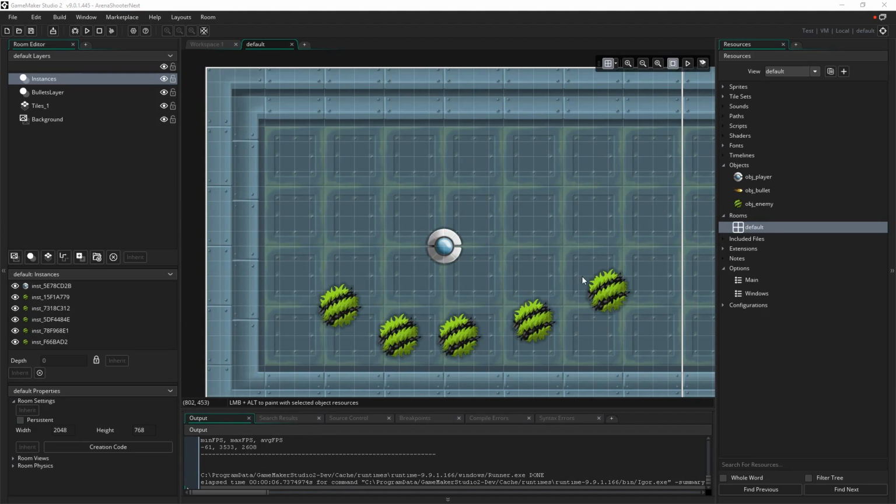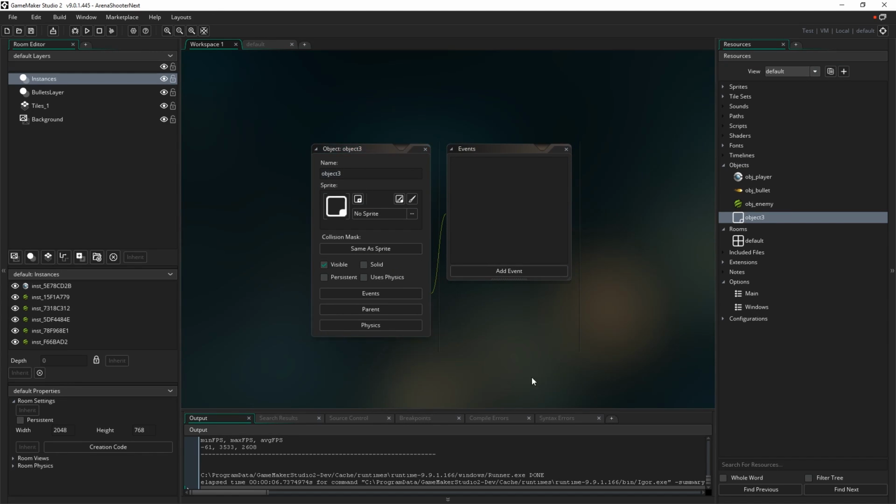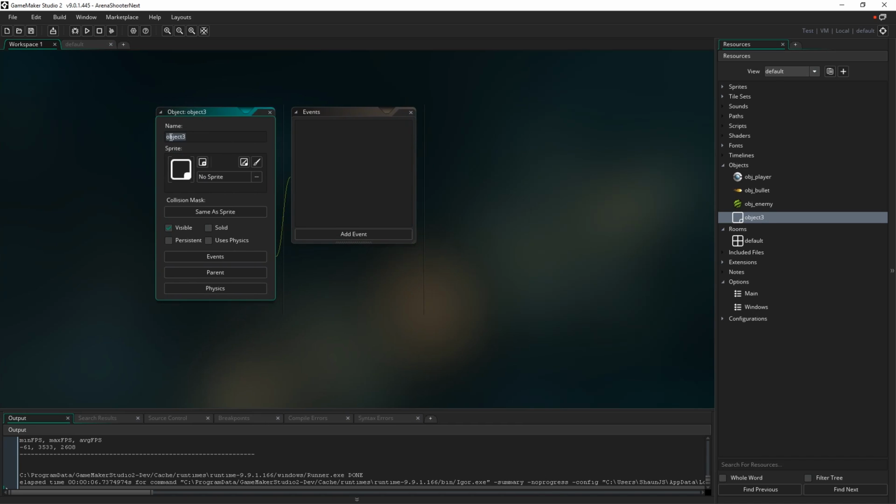So the first thing we're going to do is create an object that's going to track our current score and is also going to control drawing it onto the screen. Okay, so I'm going to right click on objects and hit create, which will bring us back to our workspace, and create a blank object for us. And get rid of the room editor for now, we don't need that there. And I'm going to call this